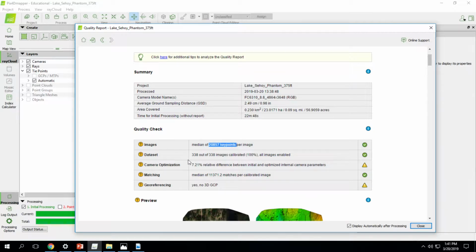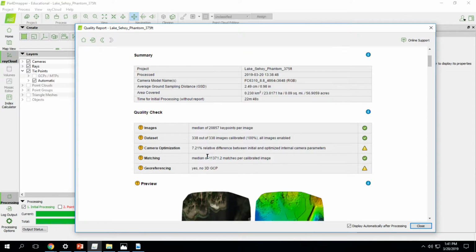All right, so this will also tell you how many of your images were calibrated. It says that they were all calibrated. We saw that as it was processing, but if you weren't watching it, this is where you could find out, oh, how many of my images got thrown out. Right? Here is a number that says 7.21%